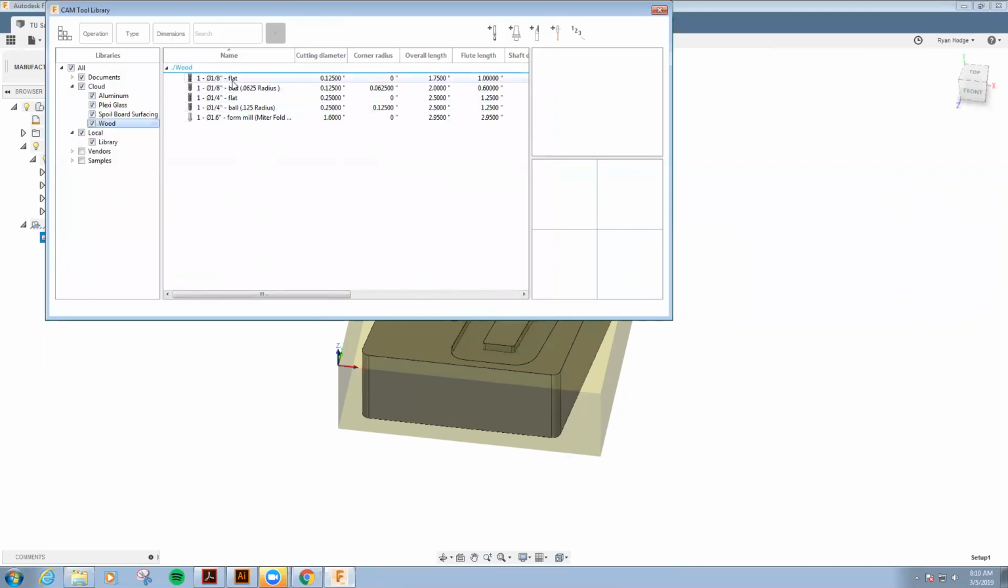So now we have a few of the standard bits that we have around the shop. So 1/8 inch flat, 1/8 inch ball bit, 1/4 inch flat, 1/4 inch ball bit, and a miter fold bit that we use quite a lot of. The miter fold bit will only work on the ShopBot CNC. It's got a 1/2 inch shank, so it will not fit on the smaller DeWalt routers. We can minimize this tab now,